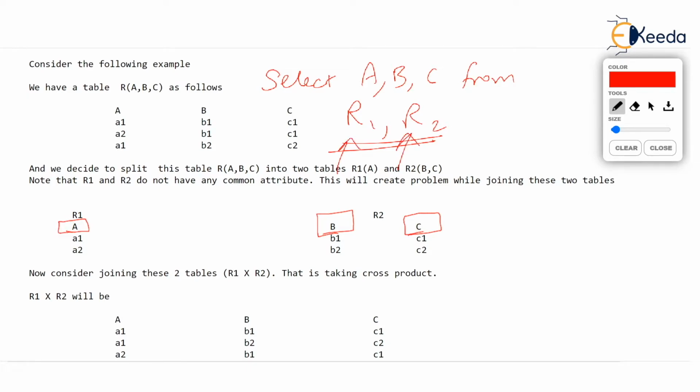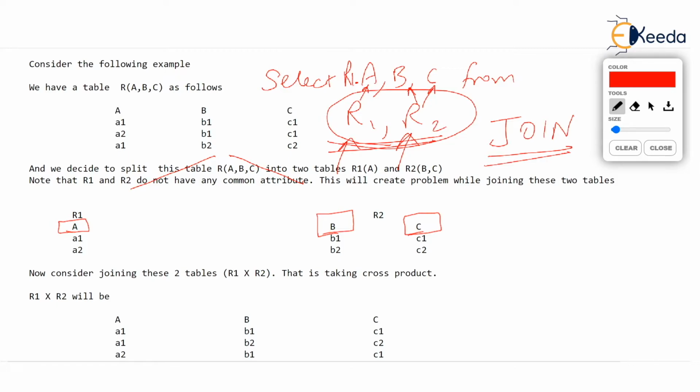Out of that, R1 contains A. So you may even write R1 dot A here, isn't it? And R2 contains B and C. So I am referring to tables, you will say. So what you did first is you have decomposed R into R1, R2. But later on, while writing queries, you will be joining these two tables. Yes, that's the word. You will be joining, isn't it? The two tables so that you get the data from dispersed tables. From different tables, you will get the data.